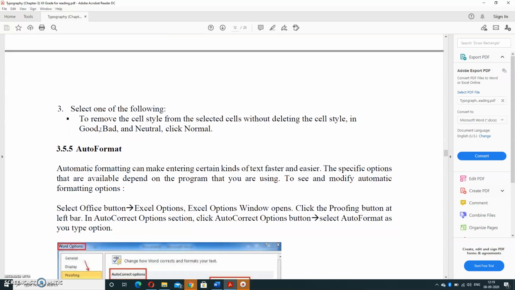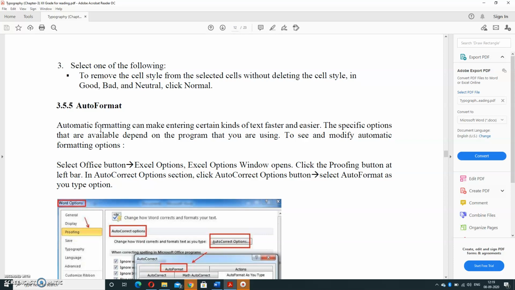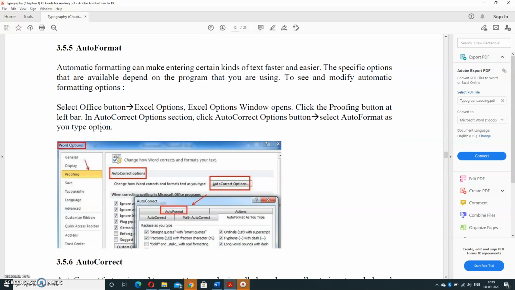Next is auto format. Auto format can make entries of certain kinds of text faster and easier. The specific options that are available depend upon the program that you are using. To see and modify the automatic format option, select Office button, then Excel option. Excel option window will be open.